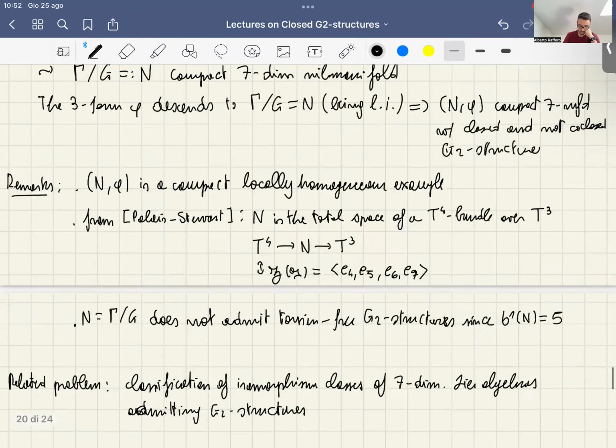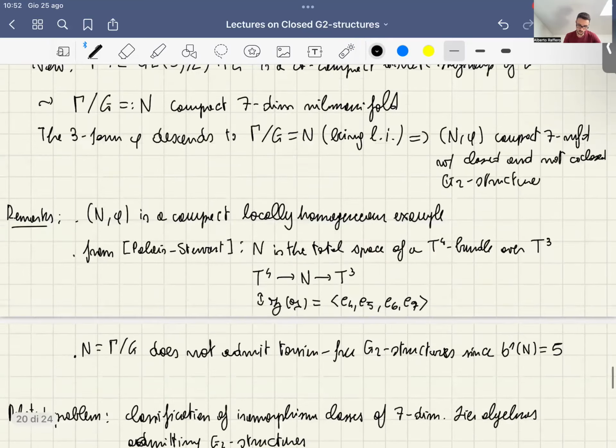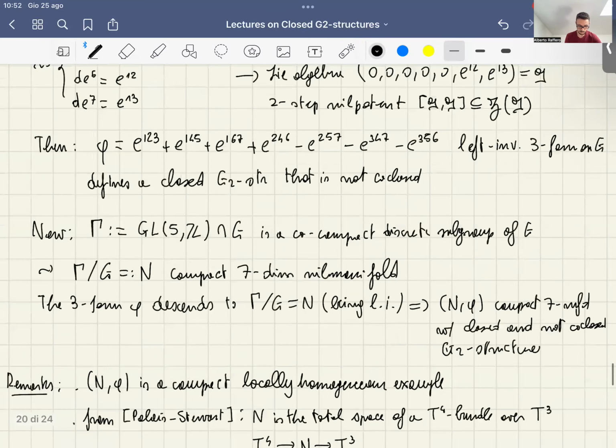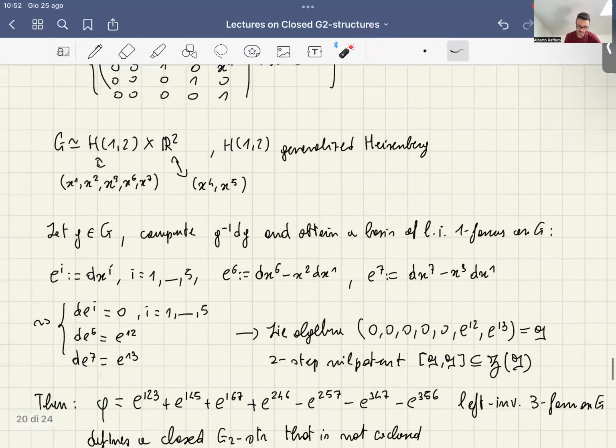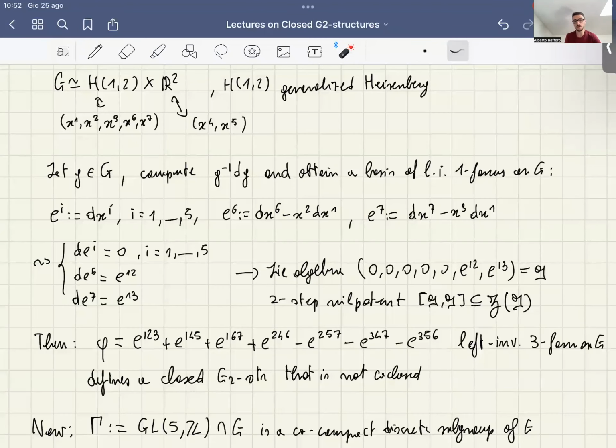Because as you can see here, you have this presentation of your group as a matrix group, for instance, but you can work at the Lie algebra level once you know a basis of left invariant one forms. And so you can consider the structural equations of the Lie algebra and look for